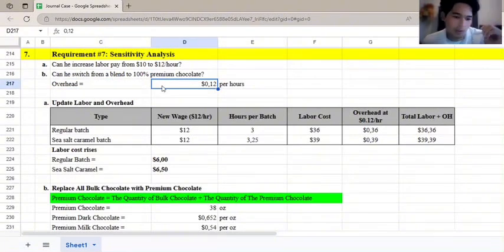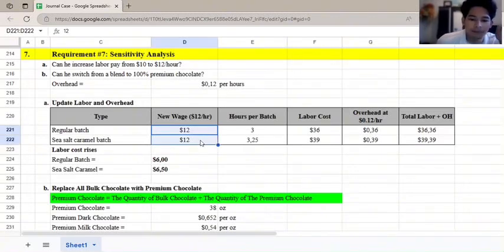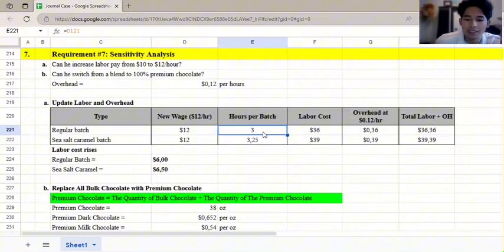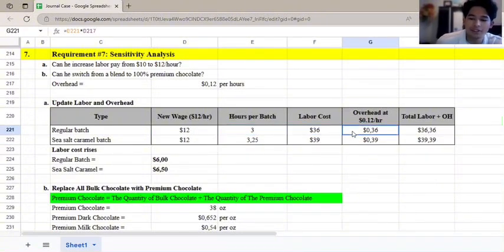So we're going straight into the updated labor and overhead. For the regular batch, the new wage is $12. The hours per batch is still the same, 3. The labor cost is $36, and we applied the overhead of $0.12 per hour, so we multiply it by hours per batch, where the result for the overhead is 0.36. And we just add it to the labor cost. So we got the total labor plus overhead for the regular batch,